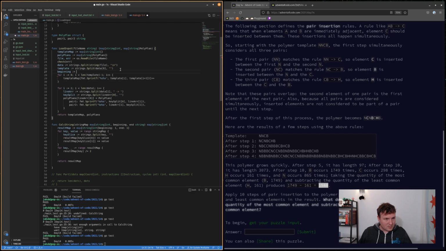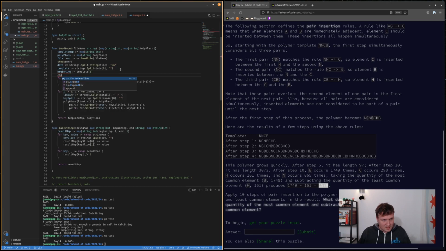Beginning equals template 0, right? So that should be the beginning character, and should equal the template, and the template